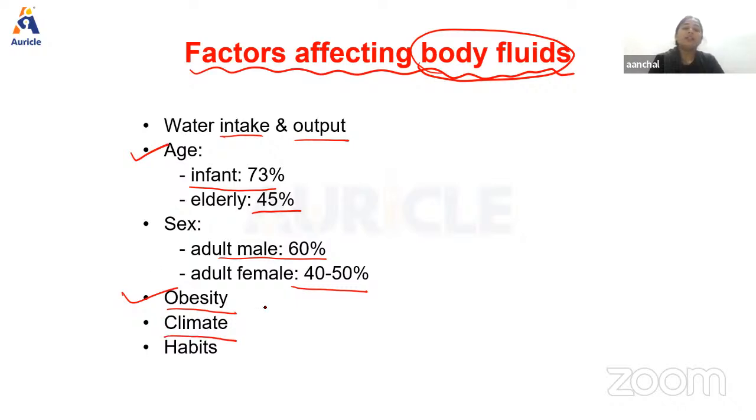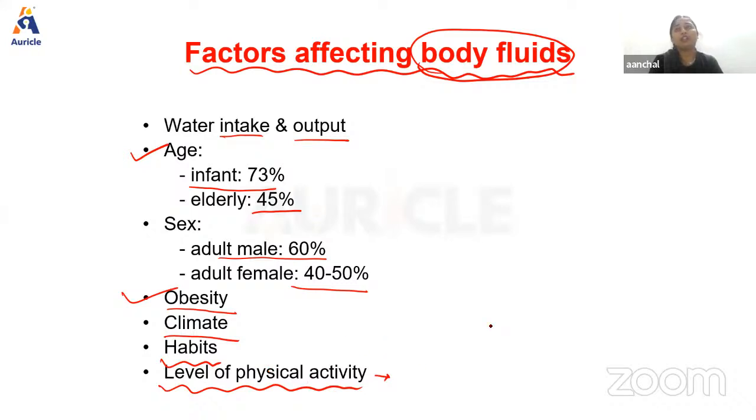Climate also matters, depending on the climate the person is living in. If it is summer, the sweating will be more, so the body fluids will be less. Then the type of habit, which includes the amount of water the person is taking, whether the person does any kind of exercise, or plays any kind of sports. All these factors affect the body fluids. Next we have the level of physical activity. If the person is doing any kind of physical activity,